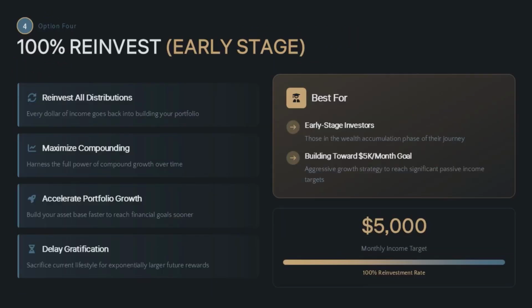So, as I mentioned earlier, the best thing to do at the early stage is to 100% reinvest, right? If you're young, if you're below 30, even potentially below 40, I would strongly recommend that you 100% reinvest your distributions. If you start spending, your portfolio isn't going to grow as fast. Yes, it could be nice. You could be paying for your child's tutoring lessons or whatever it may be. You could be paying for your travels, but it is much nicer when you do have a big chunk of money coming in. So it's something to think about. I strongly recommend that in the early stages, it is best to reinvest 100%.